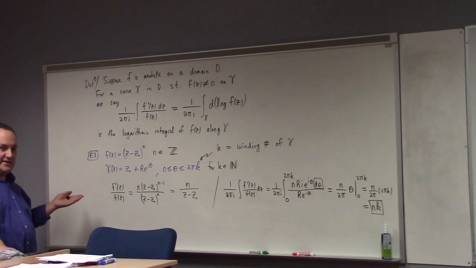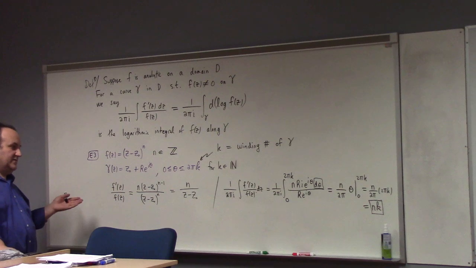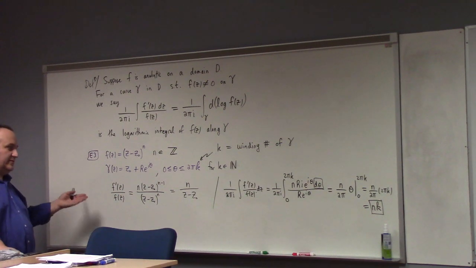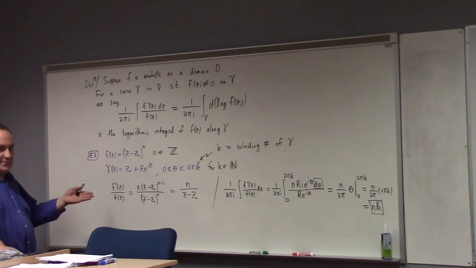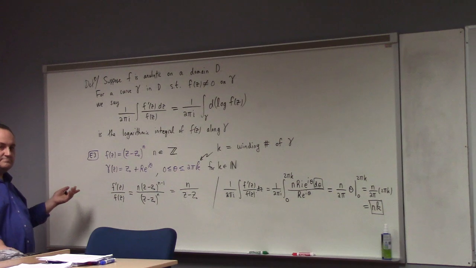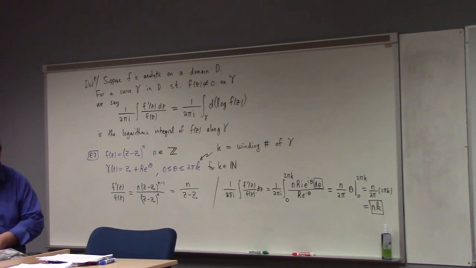Of the pole if it's negative. So this shows you that the logarithmic integral is discovering something both about zeros and also possibly about poles of a function, because this example does both. And it also reflects something about the winding number of the curve which you're integrating over. Yeah? So